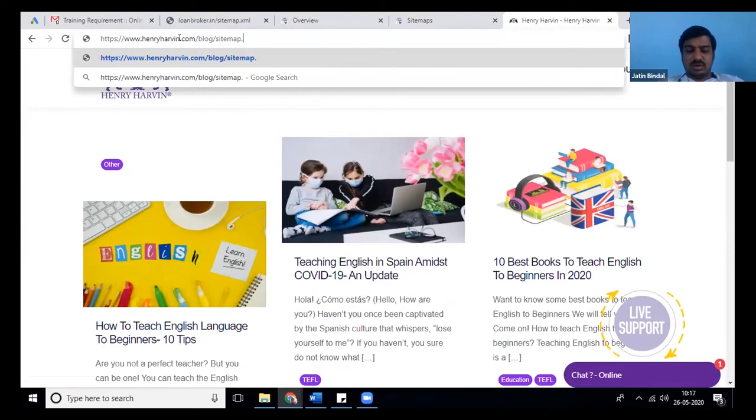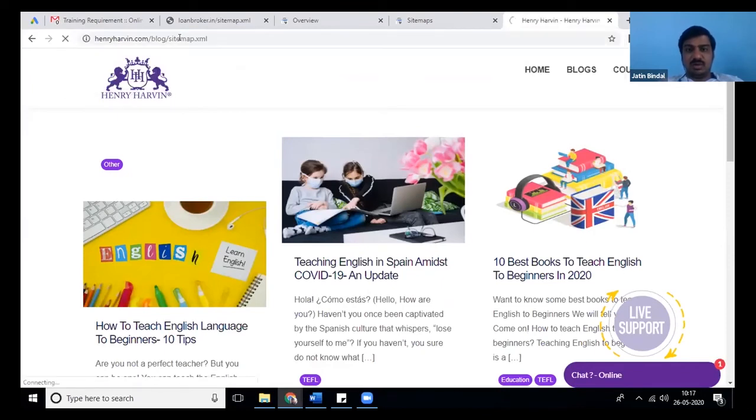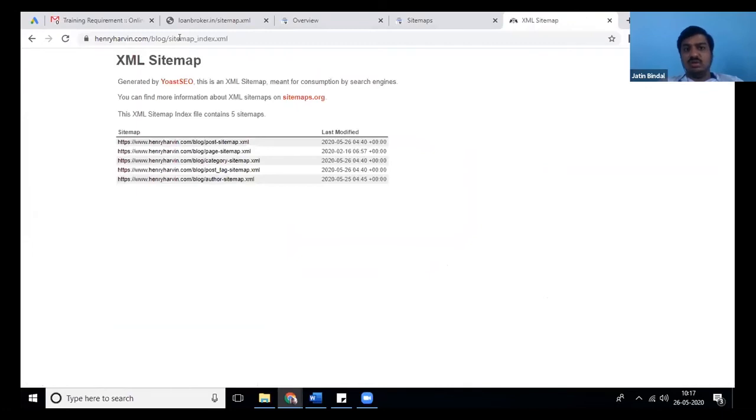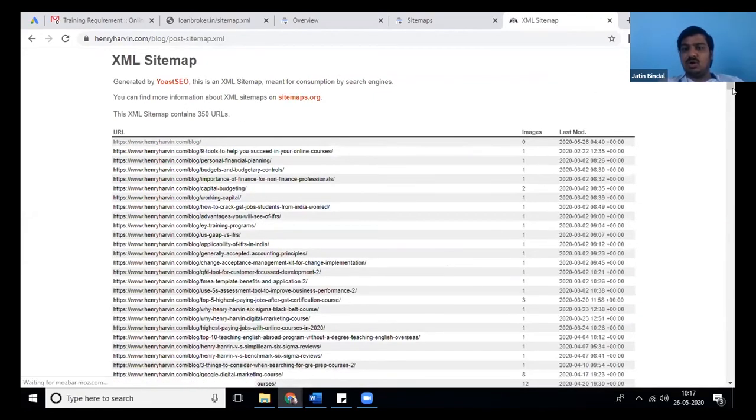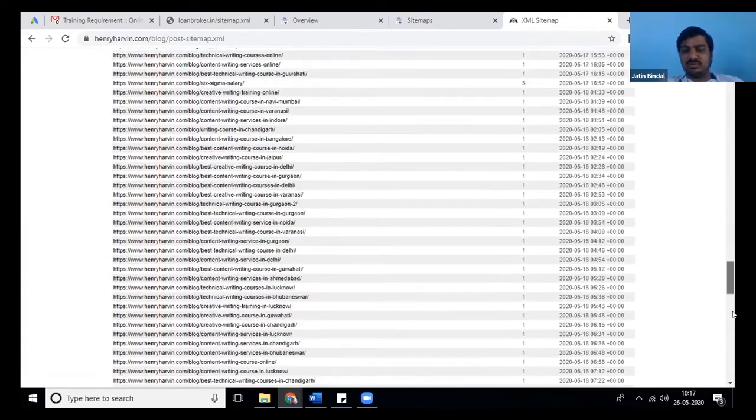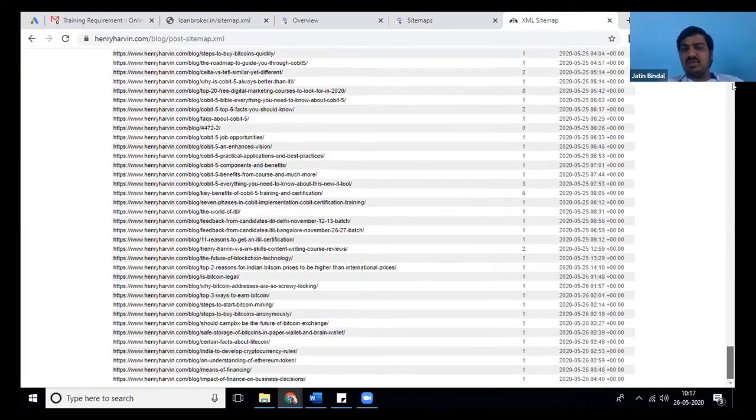Let me check if we have installed a plugin. Look at this. This is another sitemap, which has 5 sub-sitemaps. If I click on the first one, you will see all our blogs.